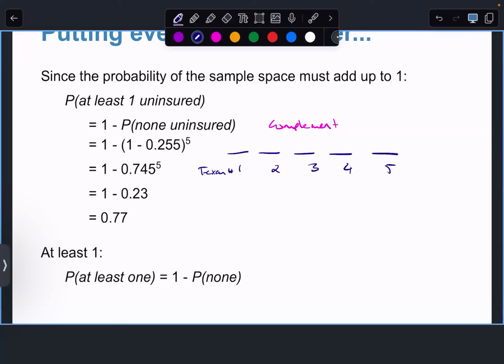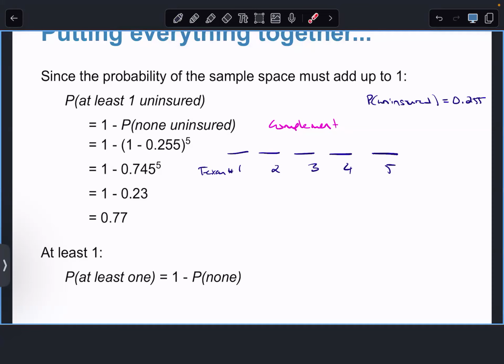If the probability, let's see, of being uninsured is 0.255, then if this one has to be insured, and by the complement, the probability that they are insured,